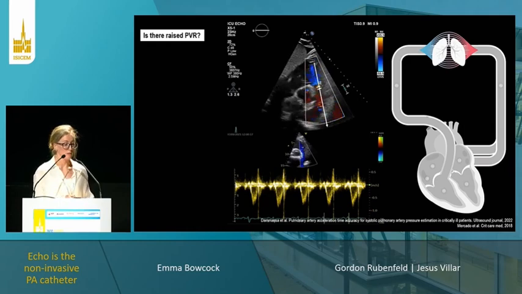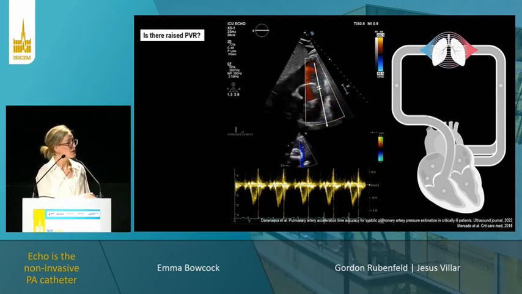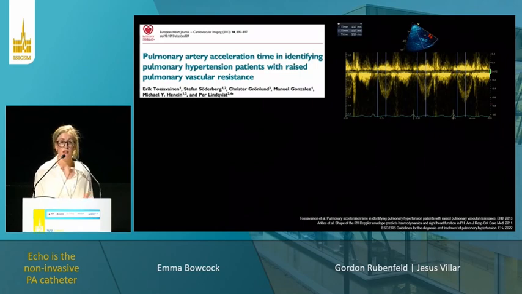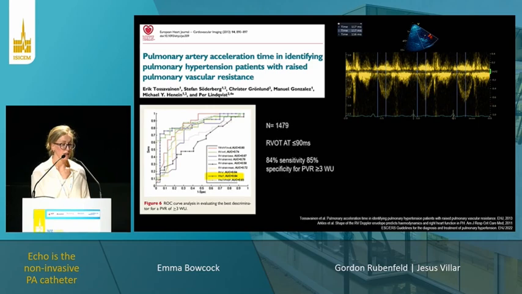Now, of course, we know from recent studies by Damassa and Mercado that we can't use measurements such as the acceleration time, which is the time from onset of ejection to peak ejection, to infer pulmonary pressures, but we can use this acceleration time to tell us whether we're dealing with raised pulmonary vascular resistance. And in a Scandinavian study by Tosinova et al., they found that in close to 1,500 patients the acceleration time emerged as the best discriminator for